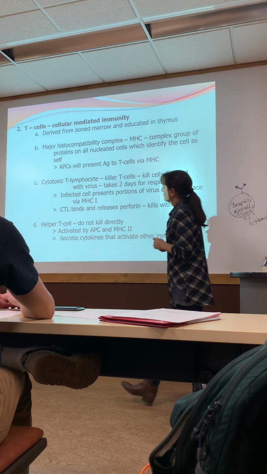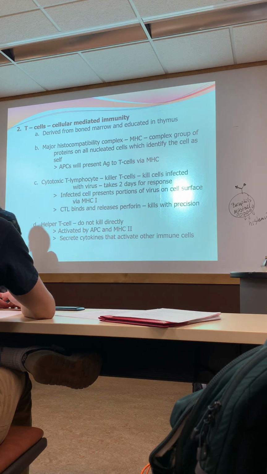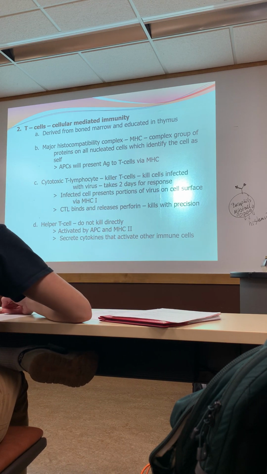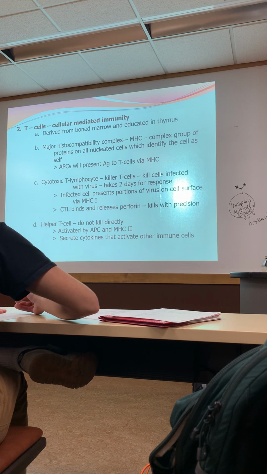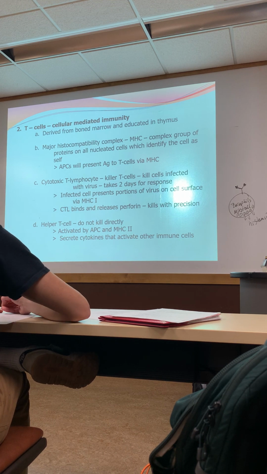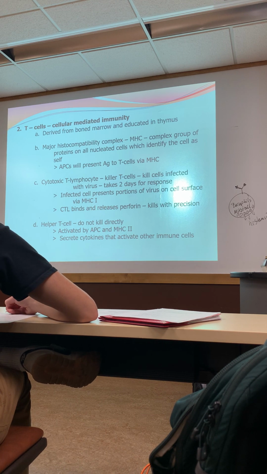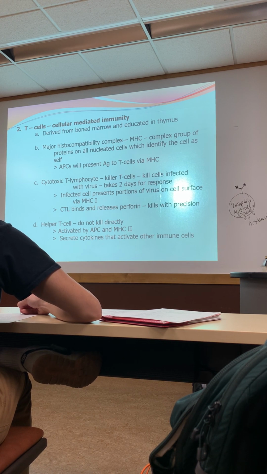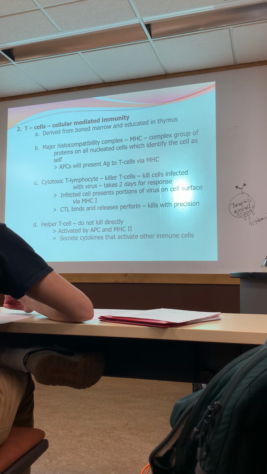Start the T cell side. T cell side, this is cellular mediated immunity, and we've got some T cells we need to talk about. One is an NK cell, stands for natural killer. Now, natural killer cell technically lives over here because he's scouting, but he's a type of T cell. So I always talk about him here. NK cells, we've also got a cell called a CTL, or a cytotoxic T lymphocyte.